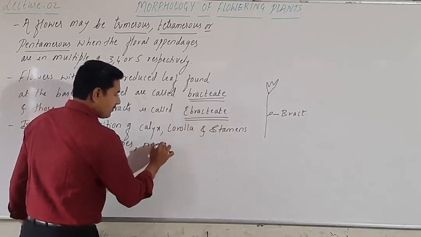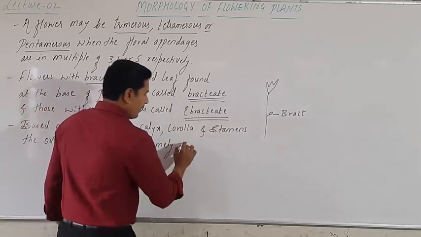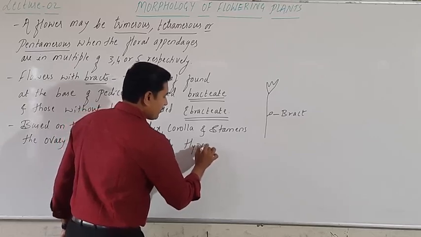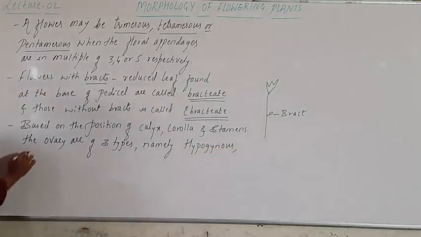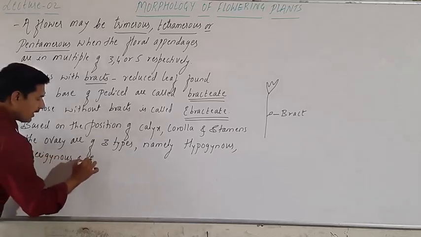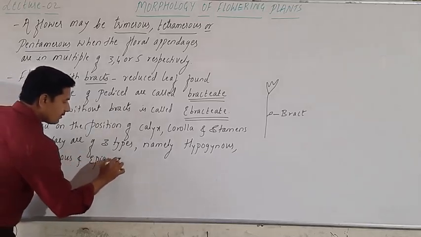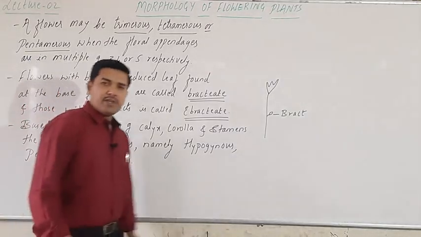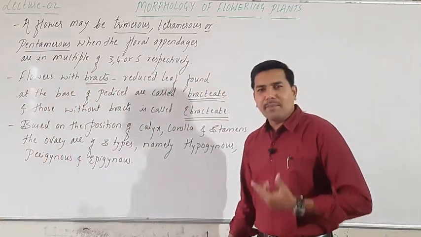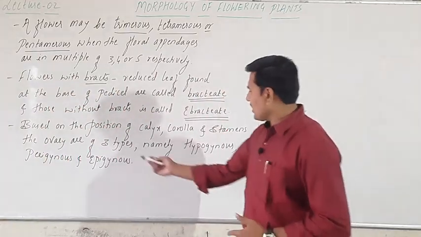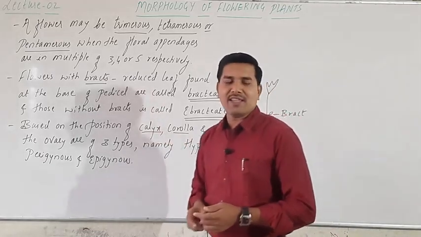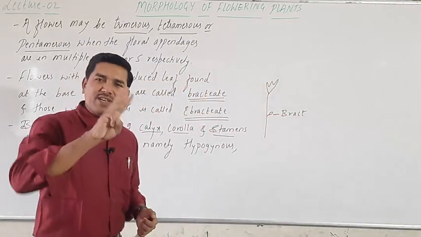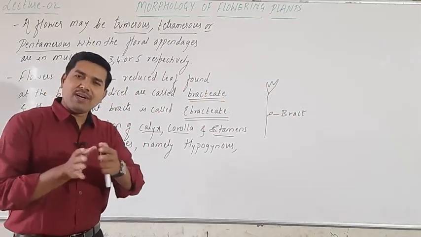Namely hypogynous ovary, perigynous and epigynous. So, based on the presence of the floral appendages like what? Calyx, corolla, stamens. ಇವತ್ತರ ಆಧಾರ ಮೇಲನ ಫ್ಲವರ್ ನಾವು ಮೂರು ರೀತಿ ಡಿವೈಡ್ ಮಾಡಿದ್ದೀವಿ, ಆರ್ ವಿ ಕಾಲ್ ಇಟ್ ಆಸ್ ಪೊಸಿಷನ್ ಆಫ್ ದ